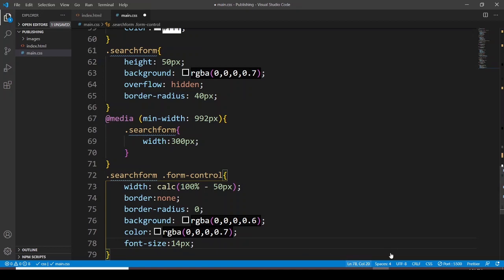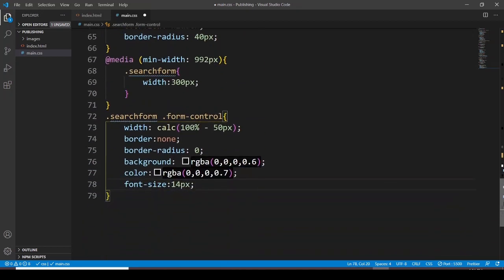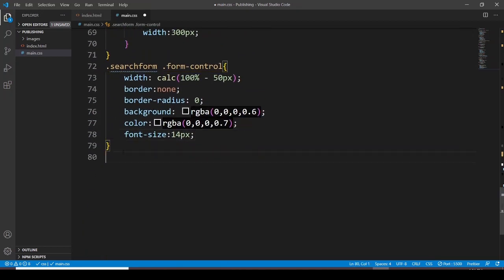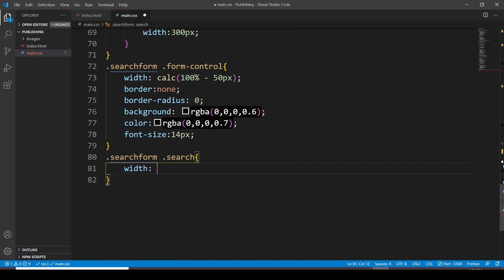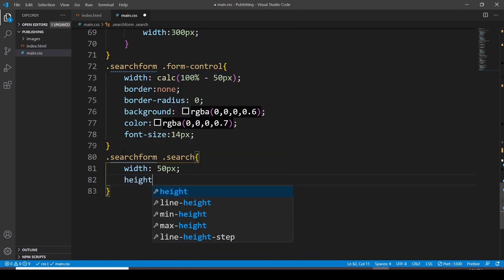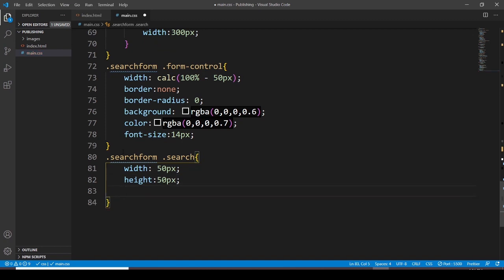Then after, let's have a search form, and then a search class where the width is going to be 50 pixels, and the height is going to be 50 pixels again, and the background